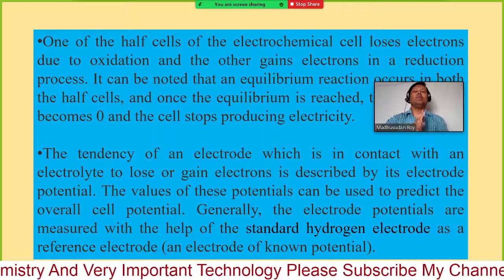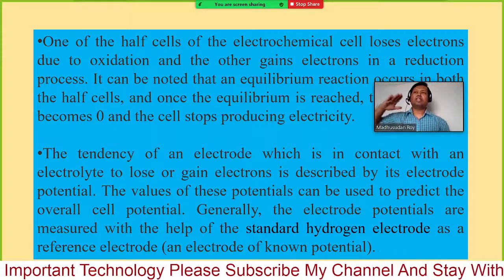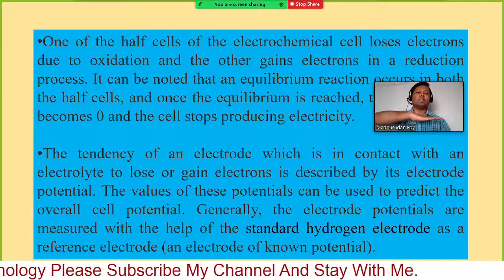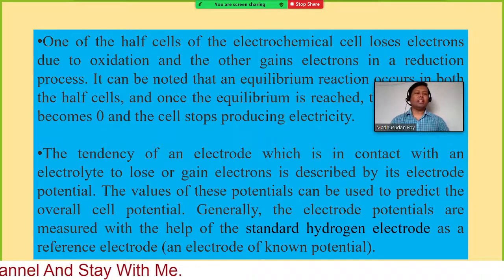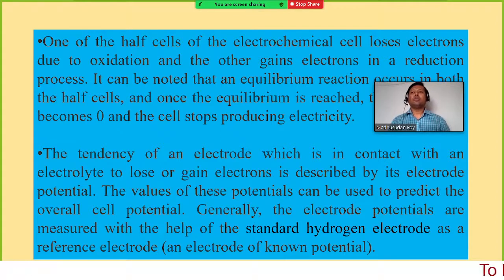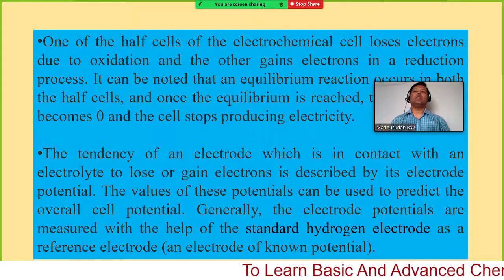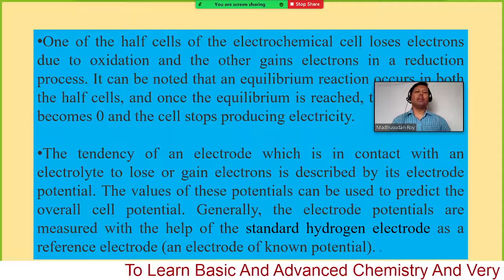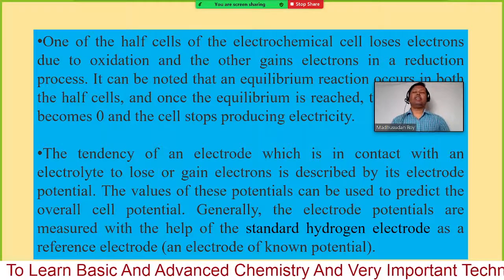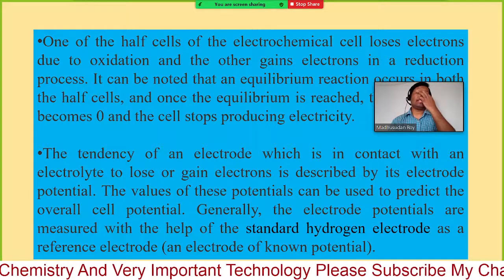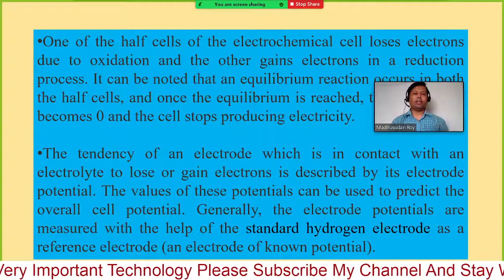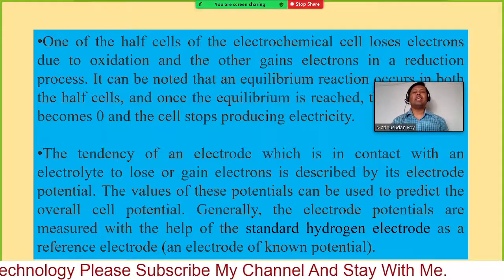You are familiar with the equilibrium. At first, the rate of the forward reaction for the equilibrium is very high, and at the beginning the backward reaction is very low. In the case of a dry cell or normal galvanic cell, we have only one type of chemicals, so there is no reverse reaction. If we had the reverse reaction, then it would work as a reversible cell or secondary cell. As in the previous slide I mentioned, it can be used as a rechargeable battery or rechargeable cell.